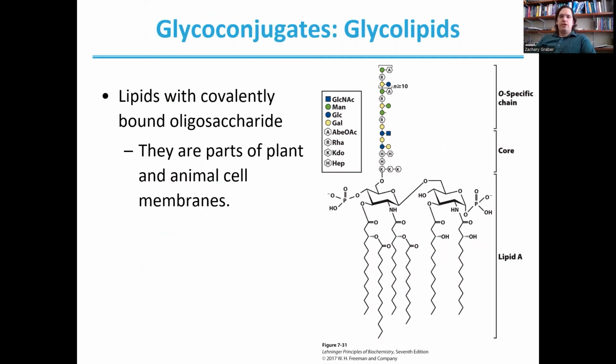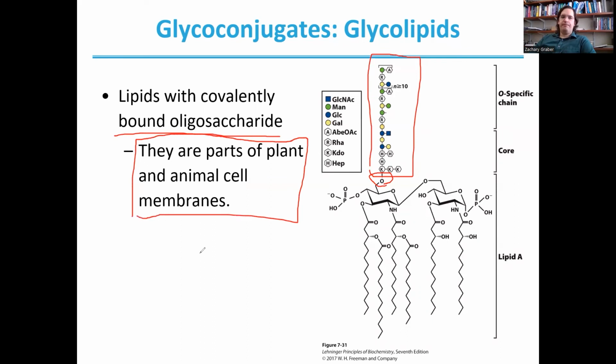In addition to linking our sugars to proteins, we can also link sugars to lipids. So we'll form a variety of different glycolipids. These are lipids with covalently bound oligosaccharides. And of course, we'll look at our lipid structures in more detail in a later section of our course. But for now, you can understand they're going to be using similar glycosidic bond linkages to our sugars. So here we have an alcohol from our lipid being used to link to a large sugar polymer in order to create our glycolipid here. These will act as key parts of both plant and animal cell membranes.